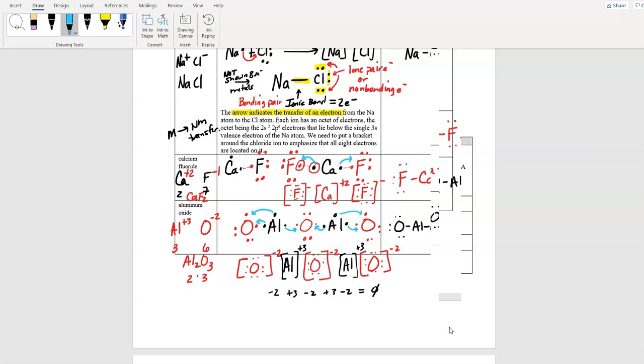But what electronegativity is, it's the ability for an element to attract electrons. Notice I didn't say the word energy. It's the ability. Can that element attract electrons more than the others? And absolutely, non-metals love to attract those electrons. So what happens is between a metal and a non-metal, metals have low electronegativity values. They're not trying to get electrons. They're trying to give them away. And non-metals, they have very high